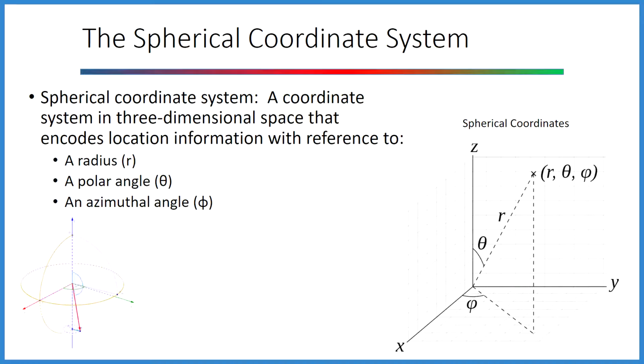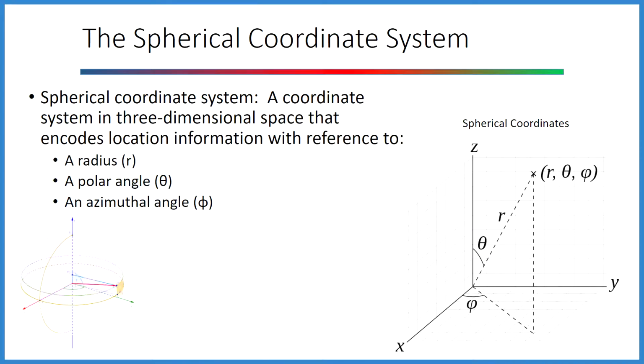If you look at the diagram on the right, you should also be able to notice something about the range over which the two angles need to span. Typically we state that phi, the azimuthal angle, goes from 0 degrees to 360 degrees, or from 0 to 2 pi. This means that it sweeps all the way around the circle, as you see in the animation on the left. However, theta, the polar angle, actually goes from 0 to 180 degrees, because it only has to go from pointing straight up to pointing straight down. It doesn't have to swing back around, because we've already specified locations on the back side of the sphere using